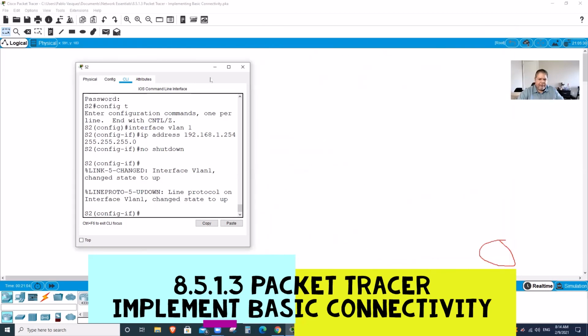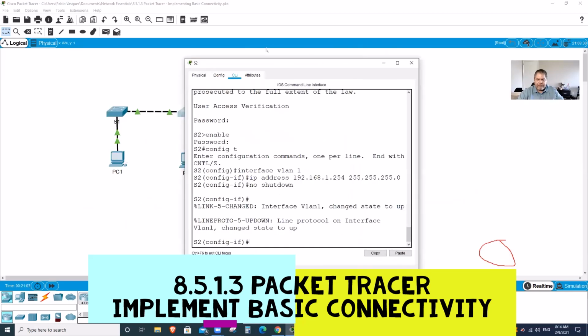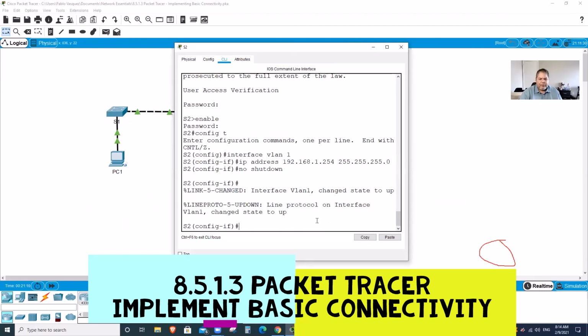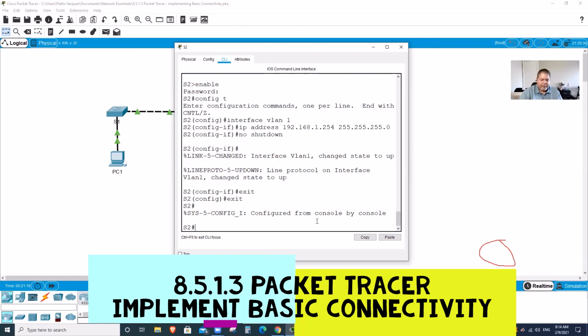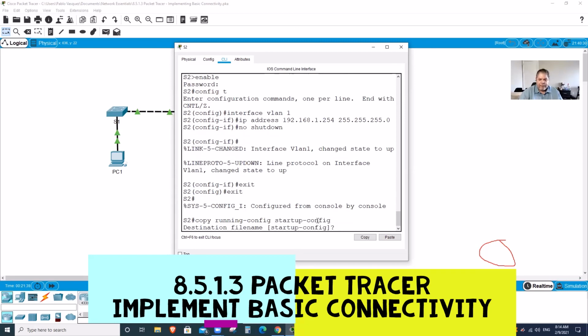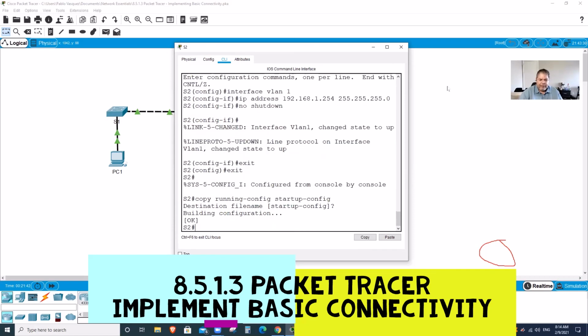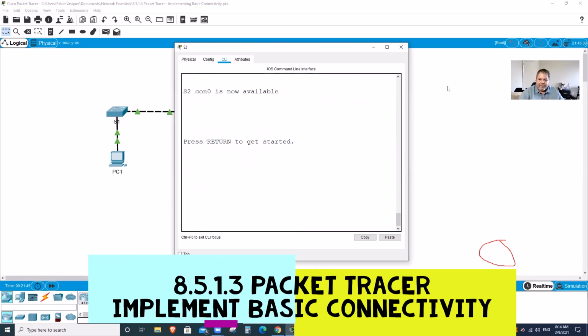So the only thing I need to do here is test it for connectivity. So if I go S2, exit, and don't forget I have to save it. Okay, so I have to copy running-config to startup-config. Confirm it by pressing just enter. That's how you confirm it. There it is. Exit. I already have the 90 points, so I just need